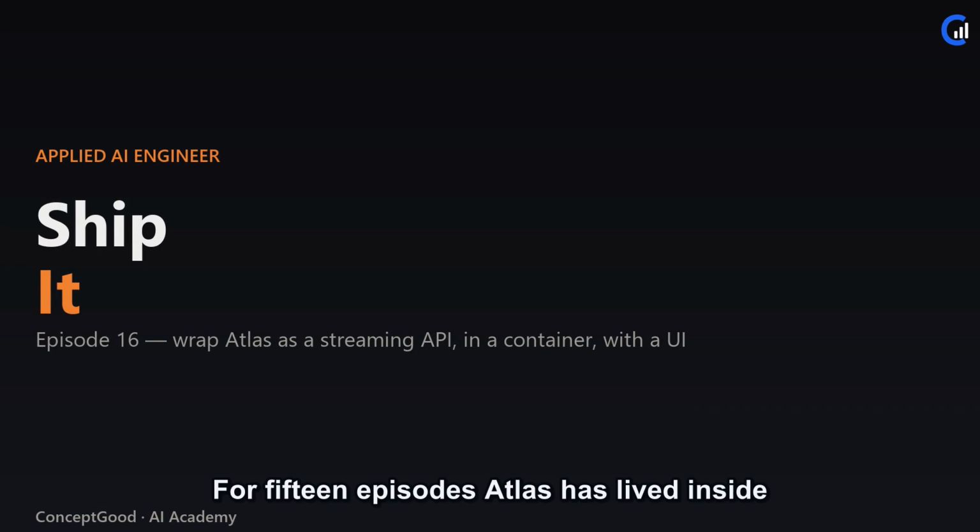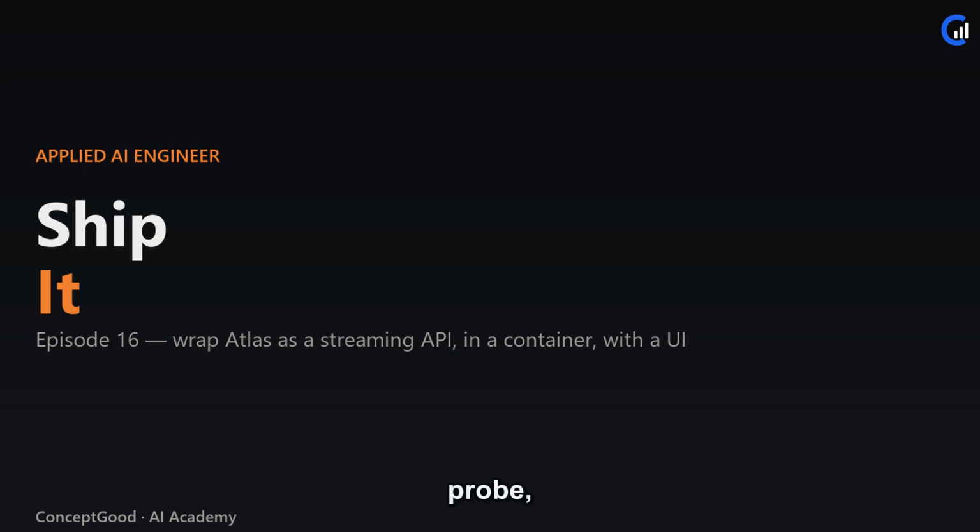For 15 episodes, Atlas has lived inside a Python script, brilliant, but trapped on your laptop. Today we set it free. We wrap Atlas in a real web service, a FastAPI app that streams answers token by token over server-sent events, reads its secrets from the environment, protects itself with rate limiting, ships inside a Docker image, exposes a health check the orchestrator can probe, and serves a tiny chat page so a human can actually talk to it. By the end you'll have a deployable API and a Dockerfile, the moment Atlas stops being a demo and becomes